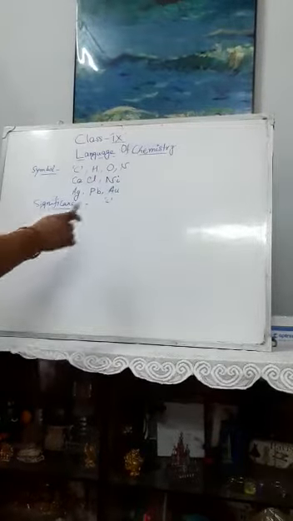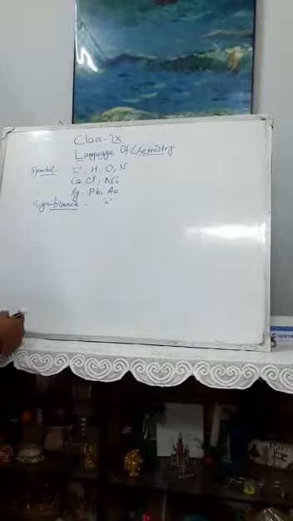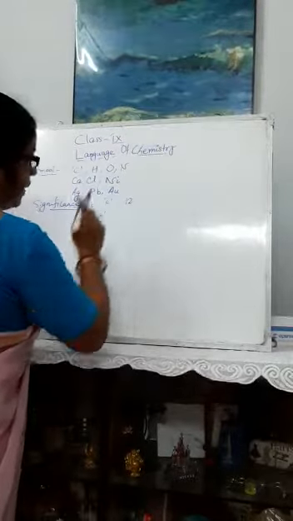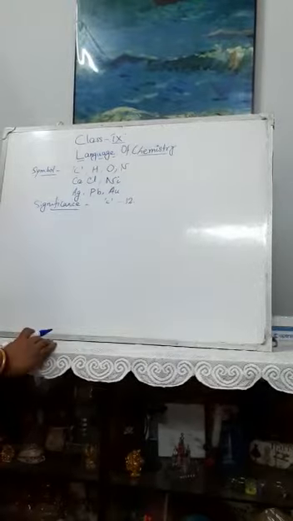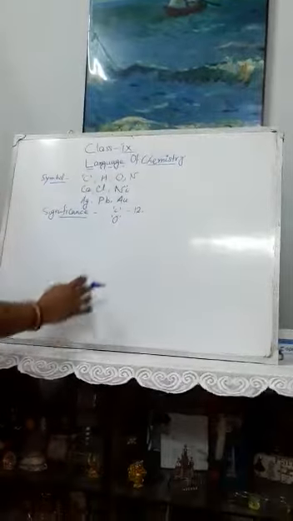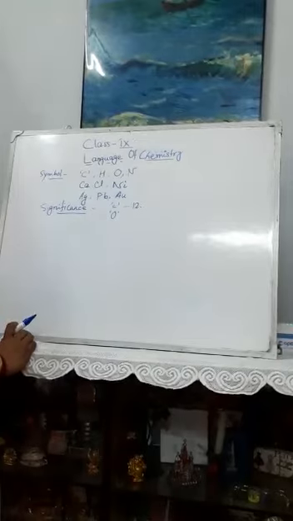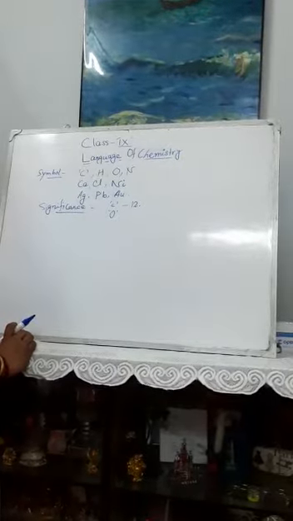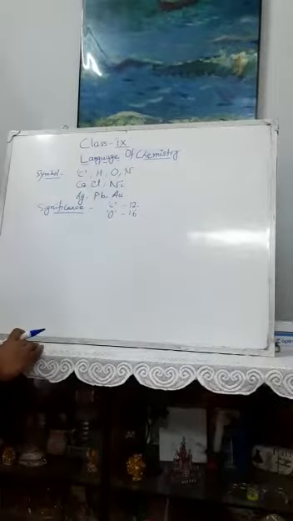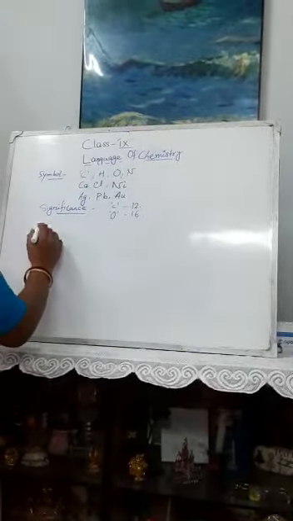If we write C, C is the name of the element. So what is this? This is carbon. And another thing we come to know from this one, that means its atomic weight. Atomic weight of carbon is 12. And if we write oxygen, O, the symbol of oxygen is O. What information we will get from O? This is the symbol of oxygen. And what is its atomic weight? It is 16. So these two things we come to know if we write the symbol of an element.